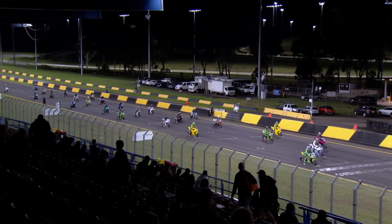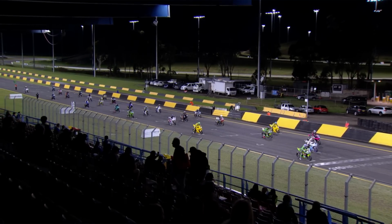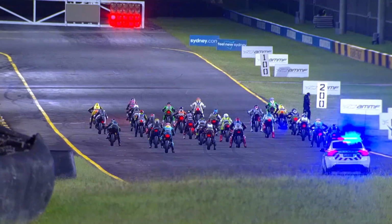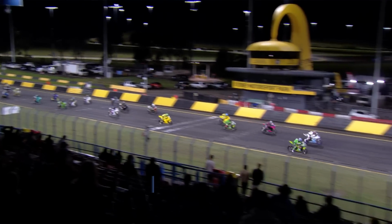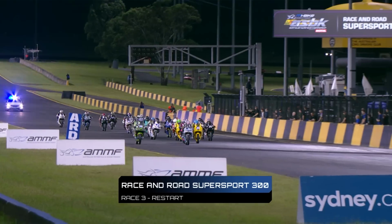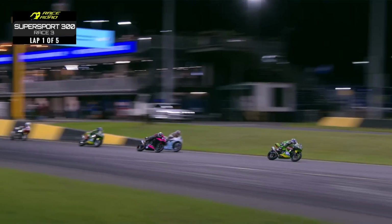Right, so it looks like we're ready to go racing now, Steve, after a bit of a delay. 5-lap journey for Race and Road Supersport 300. There goes Sam Phillips off the front of the grid. Supersport 300 is go. Great start from Valentino. Much better start from Tara Morrison. The Simpsons have got away well. Looks like Mitch has got a great start from the third row of the grid as we tip into a